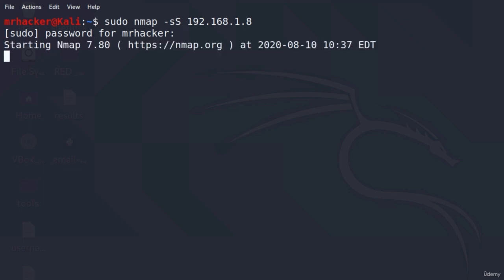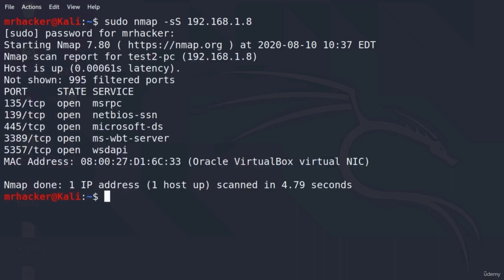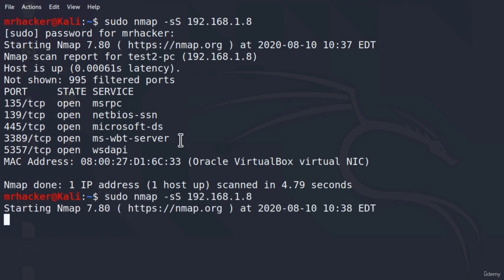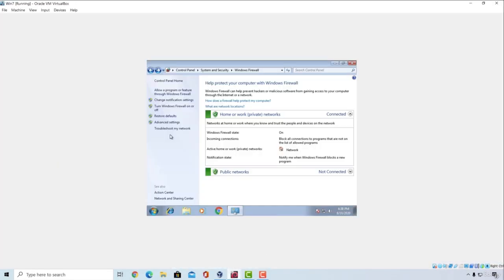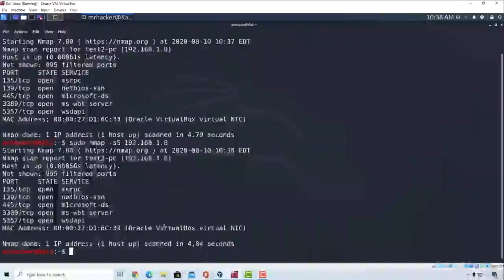input my password, this scan shouldn't take more than just a few seconds, and you will see right here that these ports are open. But for you, they will probably not be open. Why? Well, because you haven't really disabled the firewall yet. So even though I scan it right now once again, while the firewall is on, you can see in the scan results, ports are set to be open. What you are going to see, in case you haven't disabled the firewall already, is you will most likely see